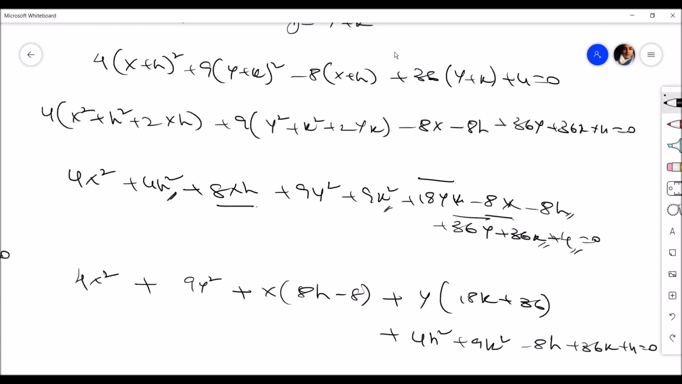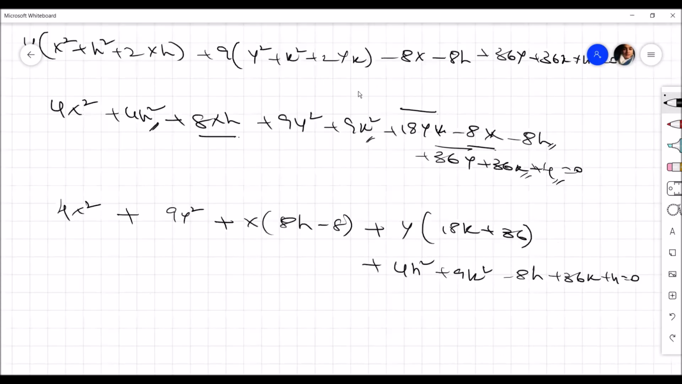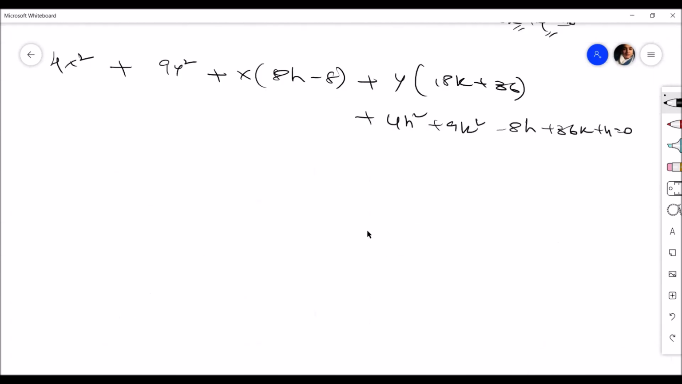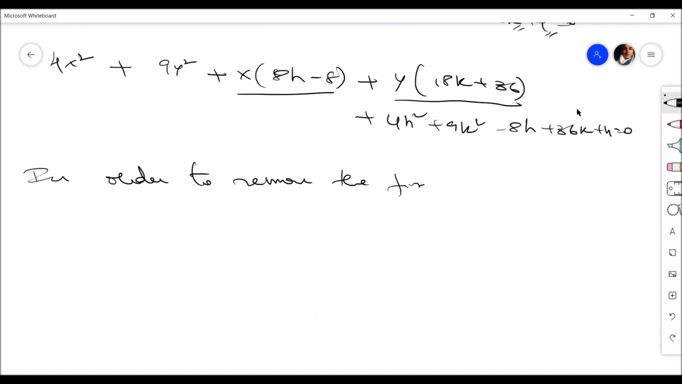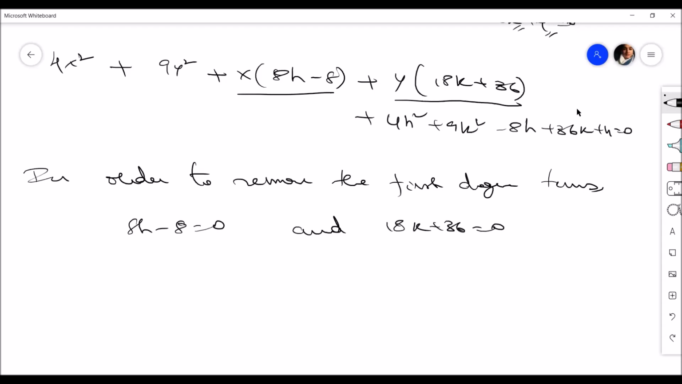So what is asked for in the question? You have to remove the first degree terms, right? So this is the first degree term and this is another first degree term which you are supposed to remove, right? In order to remove the first degree terms, 8h minus 8 should be 0 and 18k plus 36 should be 0. These two terms will be cancelled, okay, which means h is 1